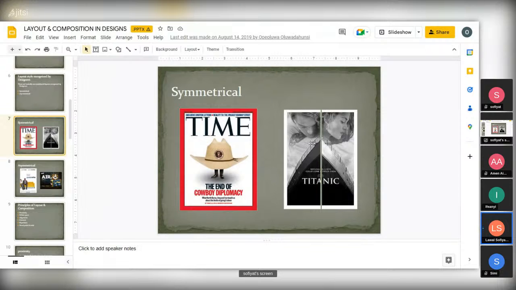So the way you position it, you decide, okay, this place I don't want a lot of write-up to be there. I want few write-up. I want an image to be on this side. Like this one too is also in a centered form. So if we divide it into two, it will be equal because it's in a centered form. Can you see that? This one is centered.